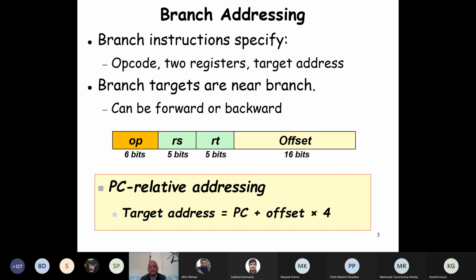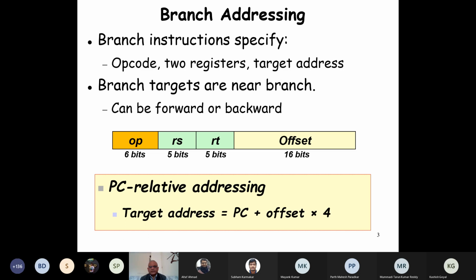What really happens is that this offset is actually a word address. It's not a byte address, because each instruction takes 4 bytes and we are just trying to jump over some instructions. We can in no case jump less than 4, and therefore the least significant 2 bits are set to 0, and therefore we have this word address here. The offset is a word address, or you can say the number of instructions.